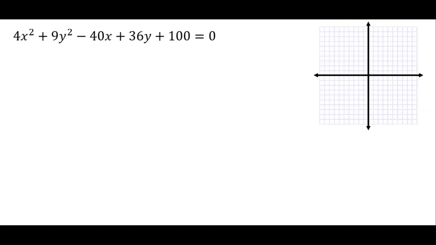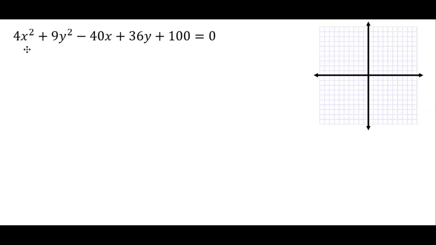We're going to take an equation that's in a general form, write it in standard form, and then we'll be able to graph it. Now, we may or may not know what conic shape it is. So far, we've been talking about the ellipse. One way you can tell is if both the x squared and the y squared have the same sign, then it's probably going to be an ellipse. But it could be a circle.